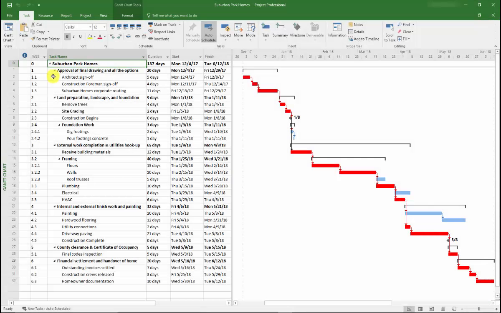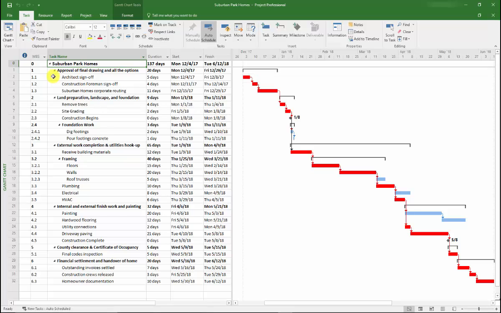In this video, we're going to talk about adding resources to your project, defining those resources, and then assigning those resources to tasks. Resources can include anything from people to supplies to facilities to machines, anything you need to complete your project tasks. But for resources to be available here in Project, first you have to describe them in the